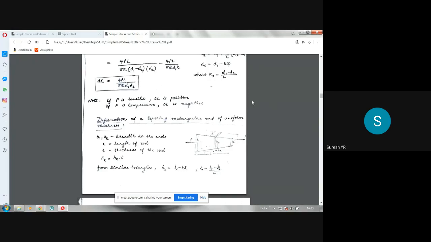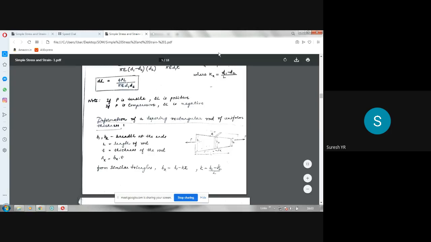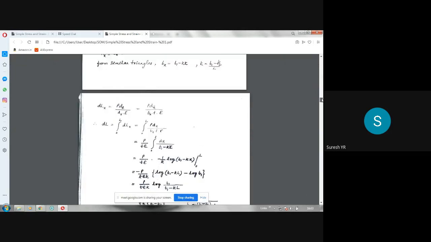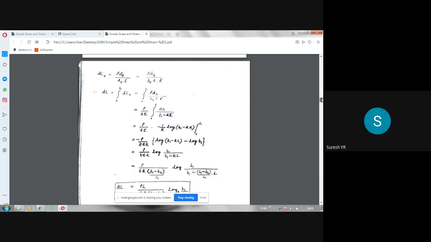Then you can do any number of problems, because in the notes I have prepared, I have covered most of the problems. But the number of problems you work should be more. Then only you will be thorough. You will have a grip on the subject, because it is not a theory subject, so you should concentrate more on the derivations and the numerical examples. So tomorrow I will be continuing with the